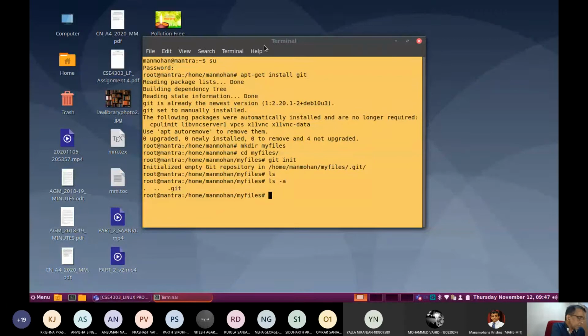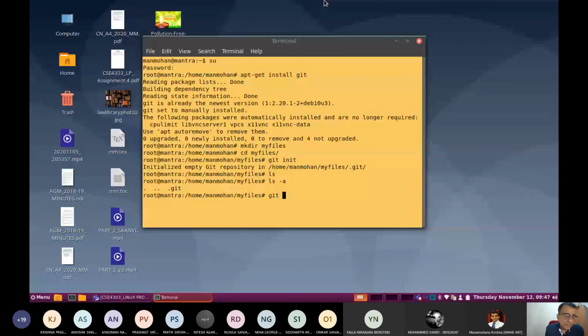Then again, we also discussed how to configure the initial configuration file. You have to configure it with the git config commands. So better you note down these commands also with one small title.